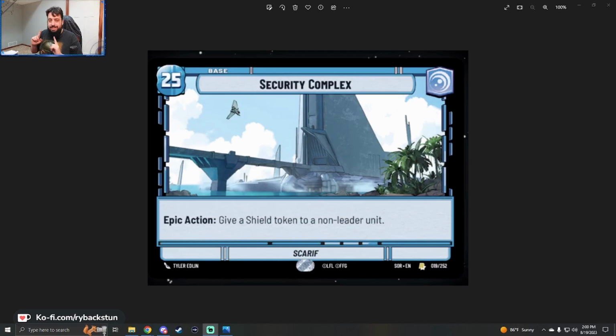It is a Vigilance Base. It has 25 health. It has an epic action that says give a shield token to a non-leader unit. It's from Scarif, and it is number 19 out of 252 and a rare in Spark of Rebellion. So this lit the community on fire because it was the first base that we had seen that had